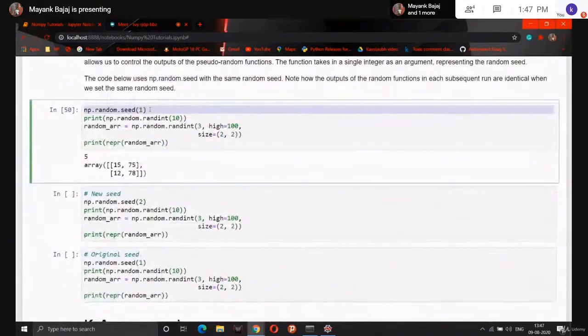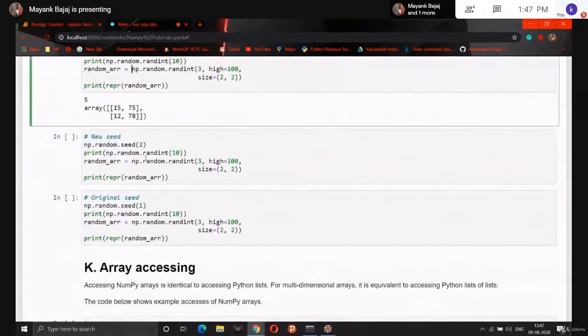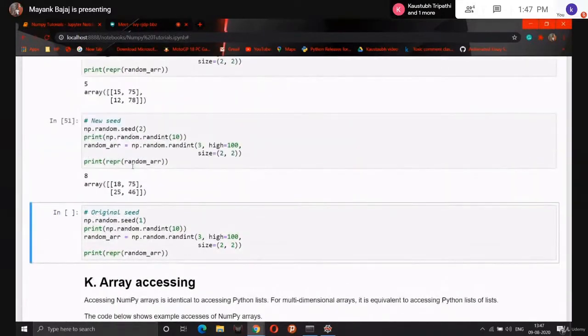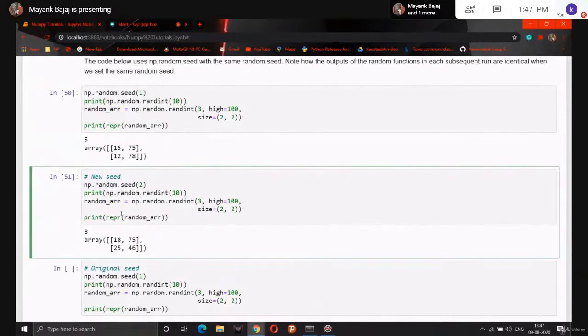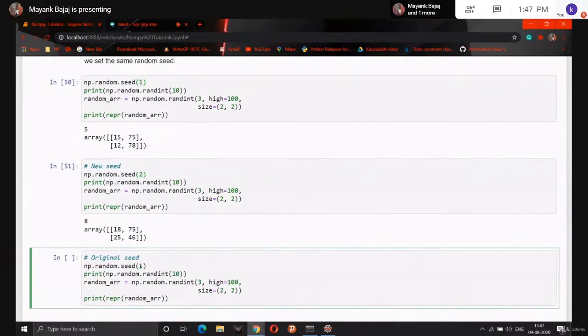That is because we are using seed here. And let's suppose I want to access this random array in any later part of the code. How can I use this? I will tell you this method also. And if you use a new seed over here, then it will print new output. You can see here this block and this block have different output, because the seeds are different. But again, here I am using the original seed, seed 1, again.